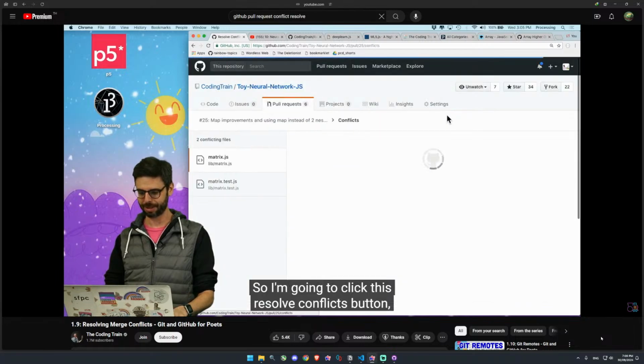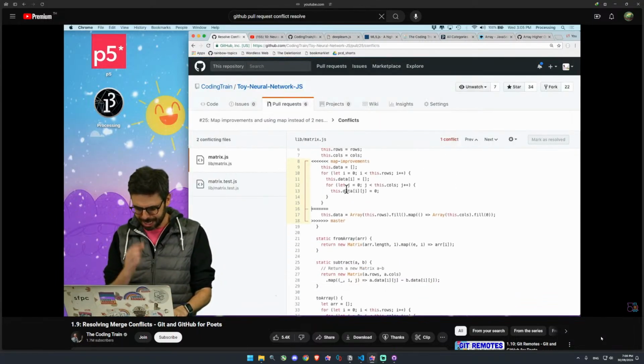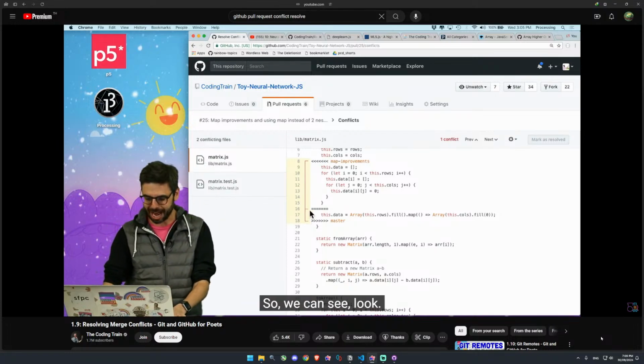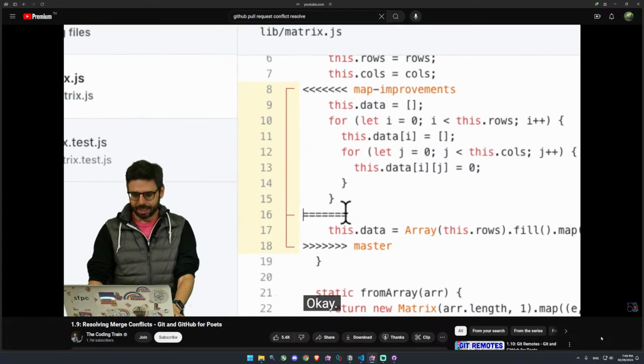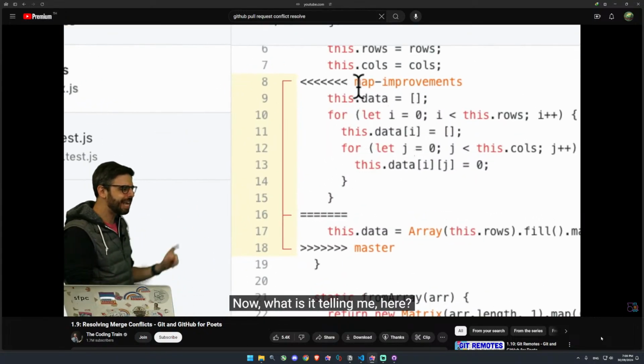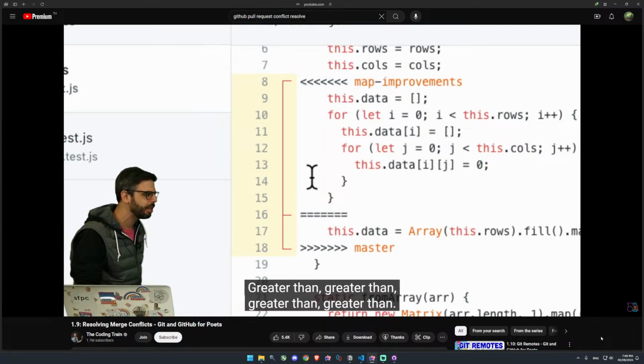So I'm going to click this resolve conflicts button, and now, look at this. Okay, I'm in matrix.js. I have to figure out what's going on here. So we can see this is where the conflict is. Oh, I think I know how to resolve this. Now, what is it telling me here? Map improvements, master, equals, greater than. So what this is showing me